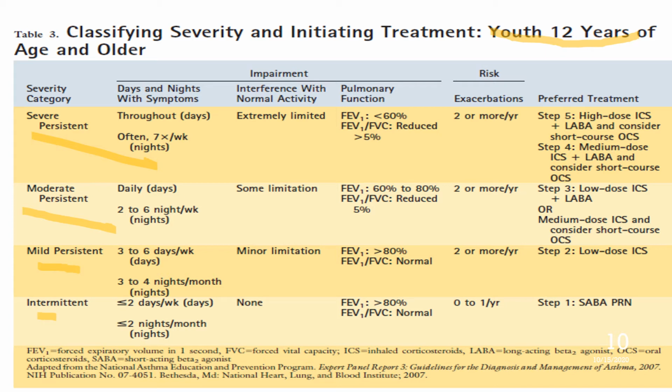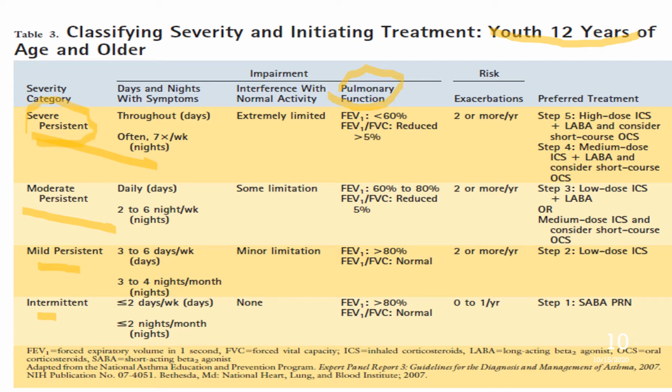Because they are older than 12 years of age, you can do pulmonary function. The pulmonary function values are here. Notice as the severity increases, so does the severity of your pulmonary function test. So this is a very easy way to quantify how sick you are. Let's work up a patient who is now severely persistent. This is the category right on top.